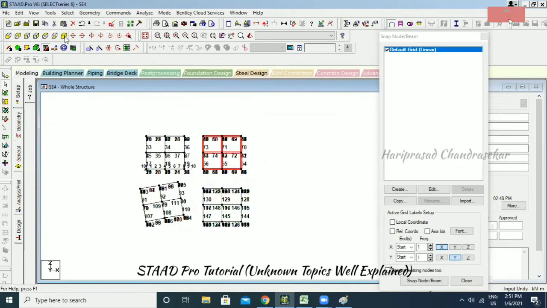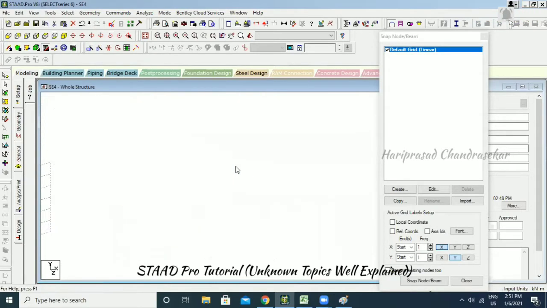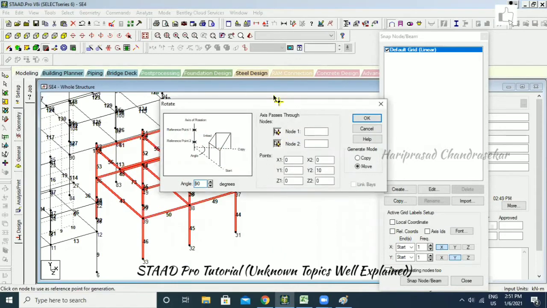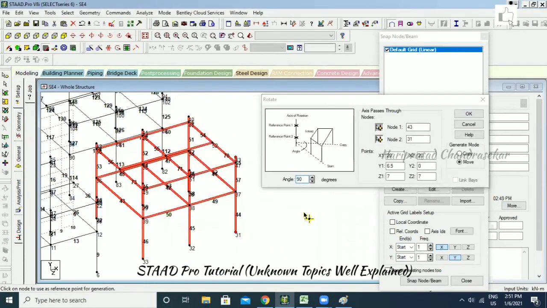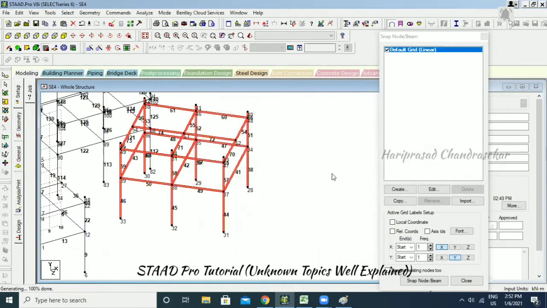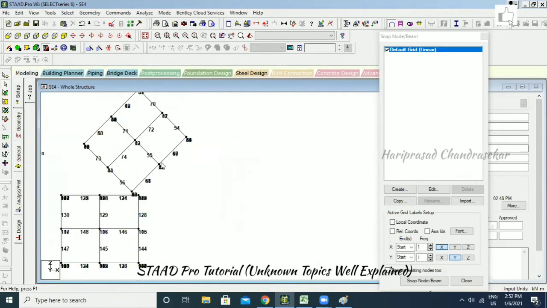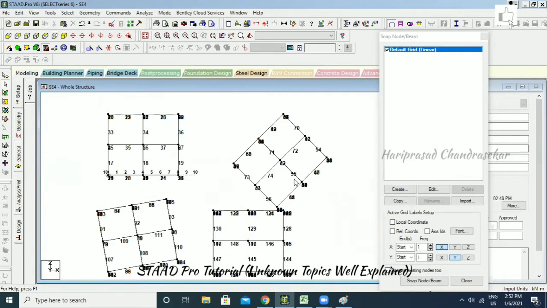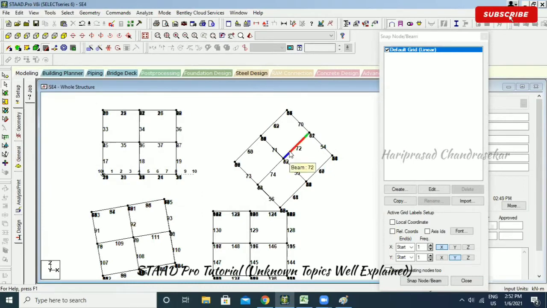I will select again, and then I'm just going for rotate option. I'm just going to select the nodes, and then select the 2 nodes, and I'm just going to put 45 degree, and I'm just going to put OK. I think before it is not, now OK. Now can you able to see? Sometimes the software won't take your commands. Then you can redo it, so it will consider. Now you understood move command and mirror command and rotate commands in STAAD.Pro. I think you need to learn the logic behind it. If you learn the logic, then it might be useful for you, and even it is easy for you to learn.